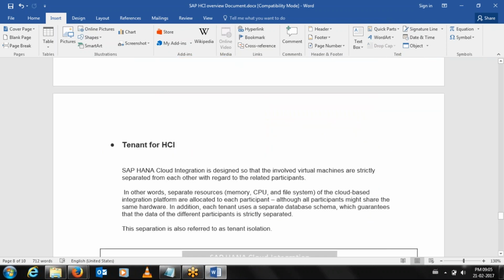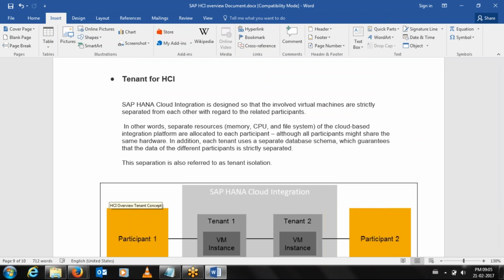Yes, sir. So now we have a tenant concept. Just concentrate on what I'm talking about. Generally, whenever we go for a subscription of HCI, we are asking SAP for a memory in their cloud and a processing unit. Think of it as a virtual machine. Whenever we say please give us access to HCI, they will provide us